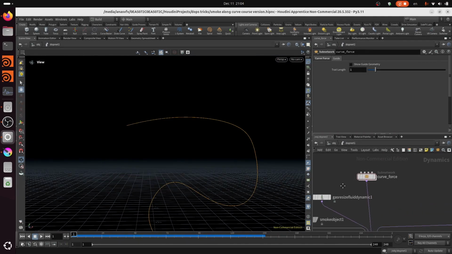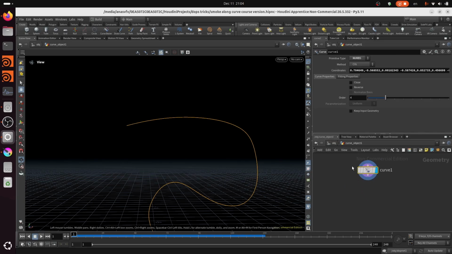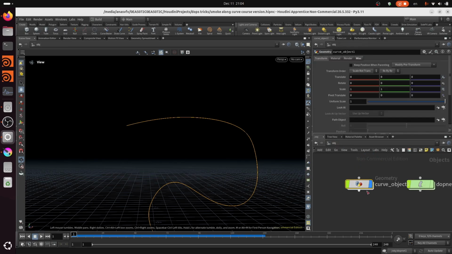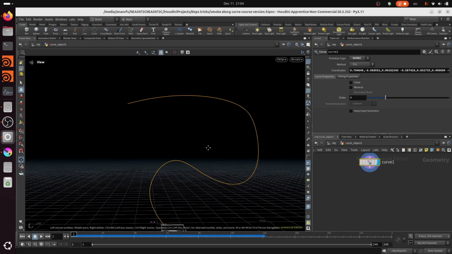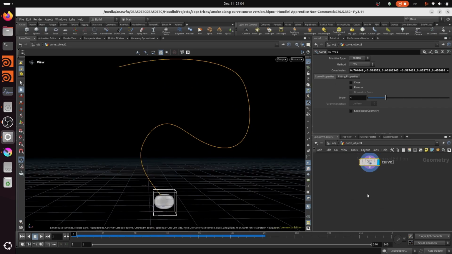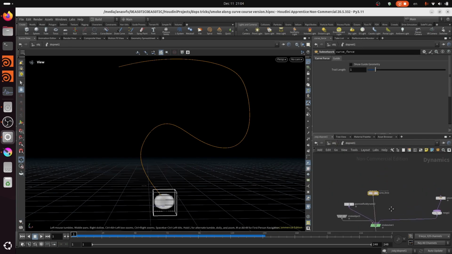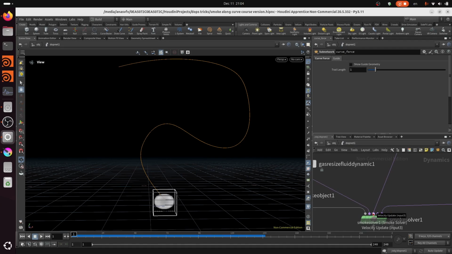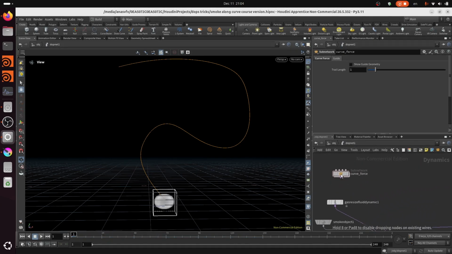So this is just a simple smoke simulation, and we created this example before, and we have our curve object here. This is just a curve node, and we drew this curve here, okay? And we are going to create this from scratch. Surely we are going to use the velocity update input here because we are affecting our velocity field. So